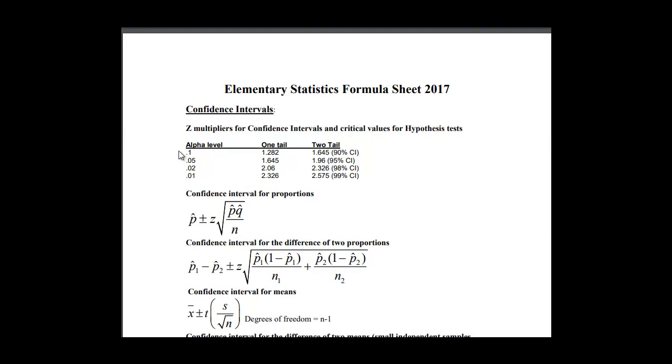Otherwise, I could go to our formula page and we would use this chart here. We're doing a 5% alpha. We have a one-tail test, so that'd be 1.645. When we go to do the confidence interval, we'll be looking at this column, and the alpha level of 0.10 would have 5% in each tail, and that would again use that critical value of 1.645. So 1.645 in both of these. Okay, back to